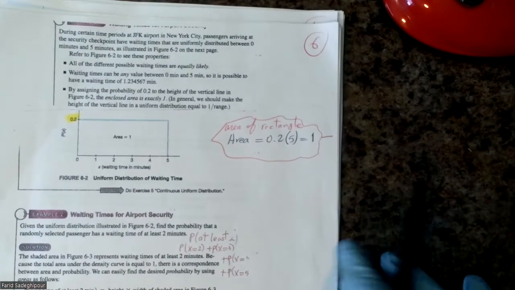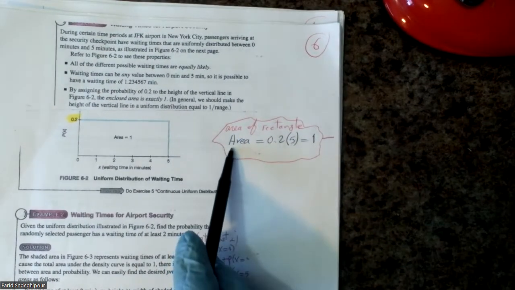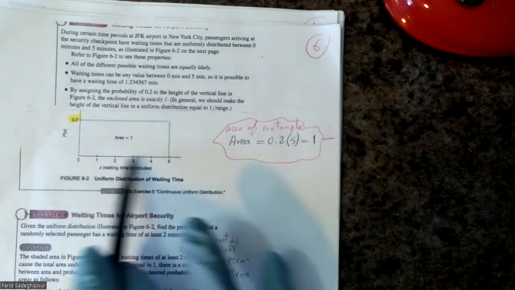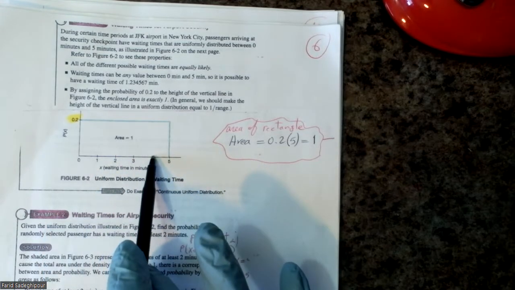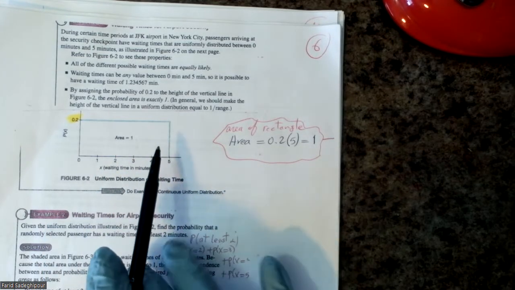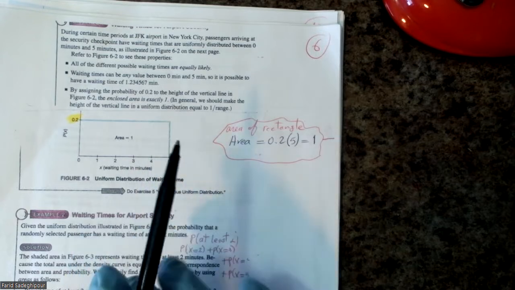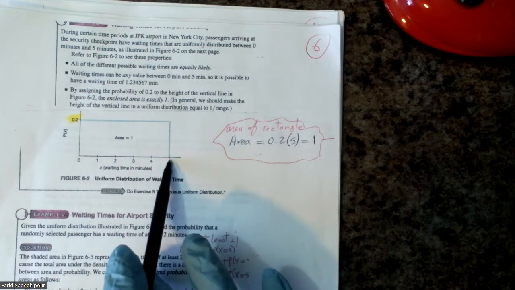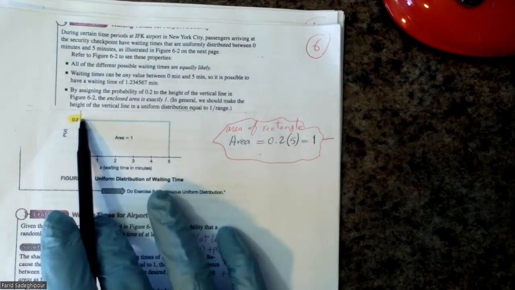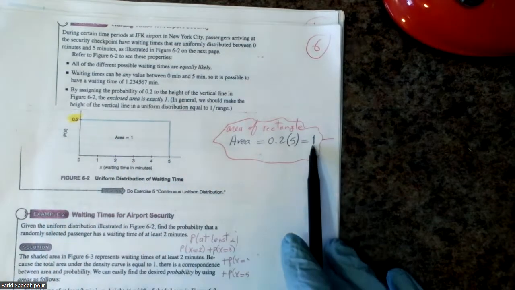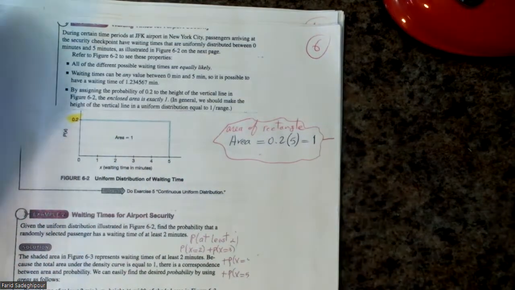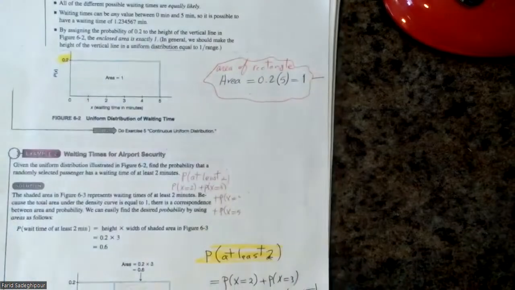This is an example. The area of this rectangle must always be 1. In order to have 1, if this distance is 5, then the vertical distance must be 0.2. Why? Because then when you multiply, the outcome has to be 1. In these examples,